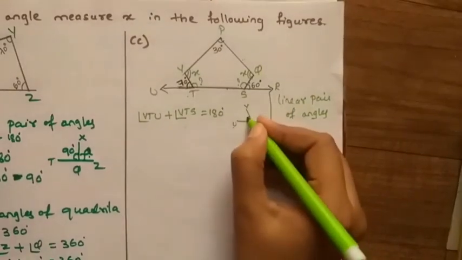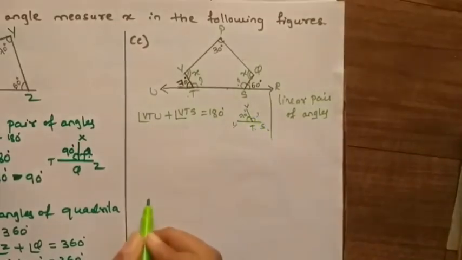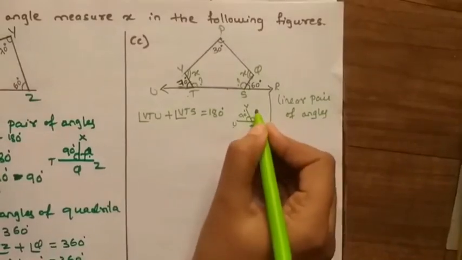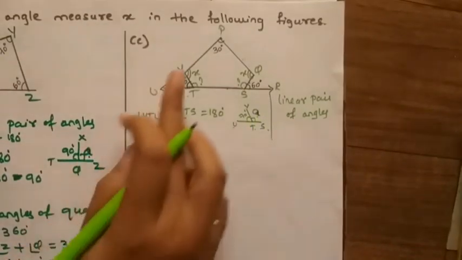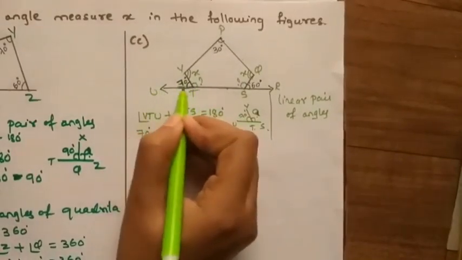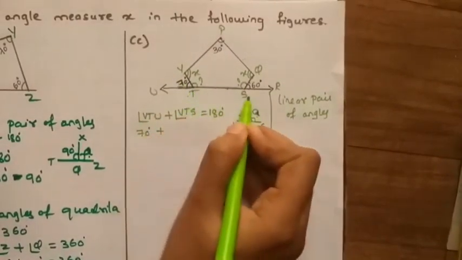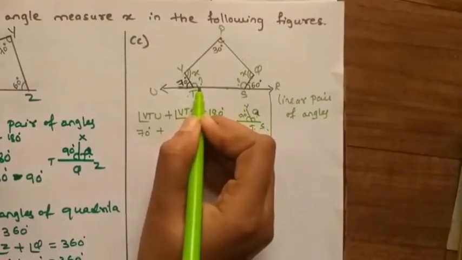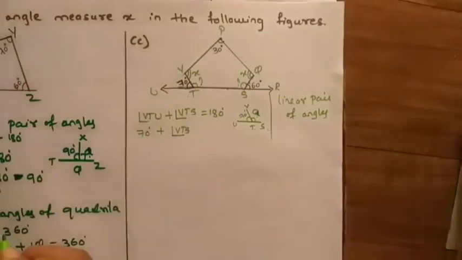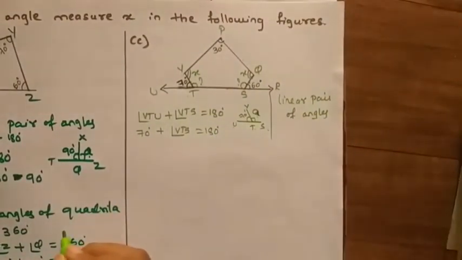Here the given one side of the angle is 70 degree. We have to find another angle. You may give any variable as A, B, anything. I am giving a name as A. VTU is how much here? 70 degree. VTU is 70 degree. Keep plus as it is. VTS, we don't know the value of VTS. So, give any variable or keep VTS as it is, which is equal to 180 degree.